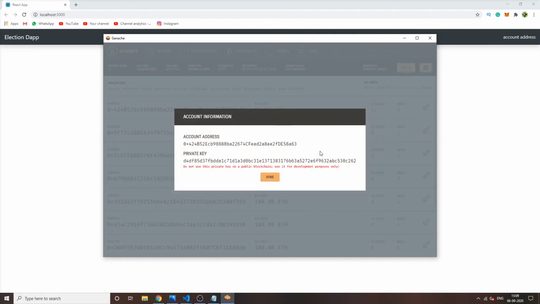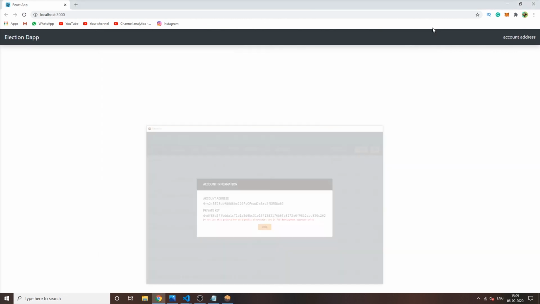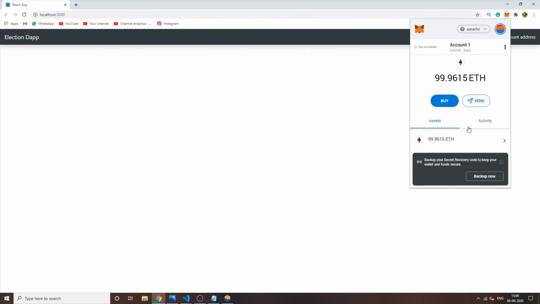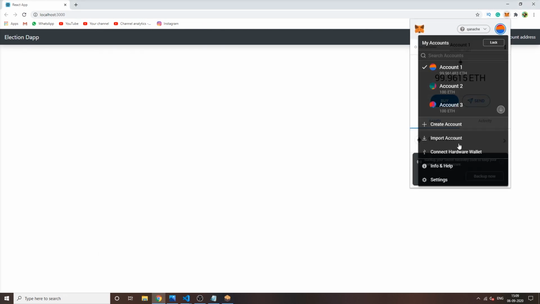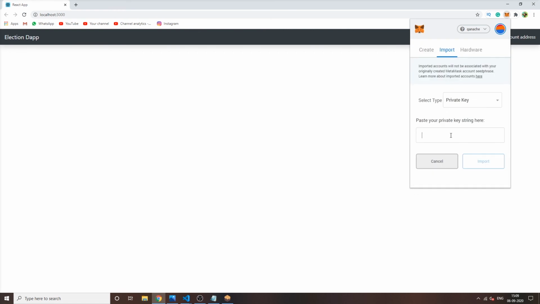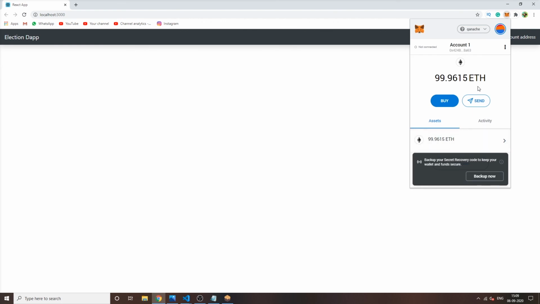So it will be simple. Otherwise you can also import the address from Ganache by just copy-pasting the private key and clicking on import account and pasting this. As I have already imported all the 10 accounts, it will show us an error. It is showing that you have already imported it, you are using a duplicate private key.